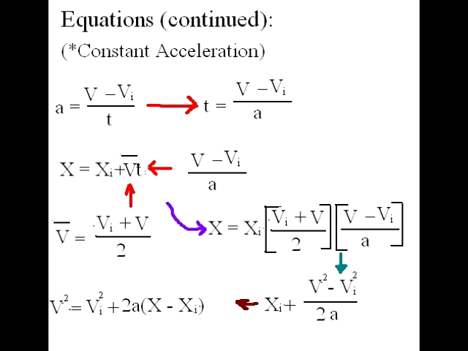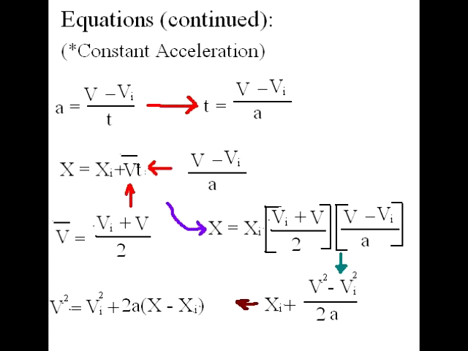You then take the equation x equals x initial plus average velocity times t, or final displacement equals displacement initial plus average velocity times time. In place of average velocity, you put velocity initial plus velocity final divided by 2,